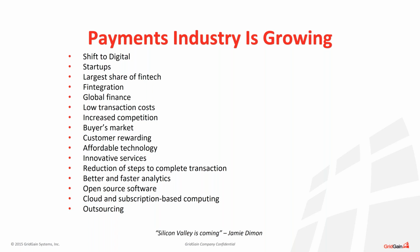It used to be for each payment transaction to go through, you literally going through a dozen of different intermediaries or different systems. One system may be used for compliance, another system may be used for validation, another system may be used to route you to a payment intermediary, a third system maybe to make sure that the record has been completed, another system or another intermediary used to actually send you a report on what happened with the transaction. So lots of players in there, and we see a reduction in that. We see that again, because of technology, you can automate as many of the steps as possible into a seamless transaction processing